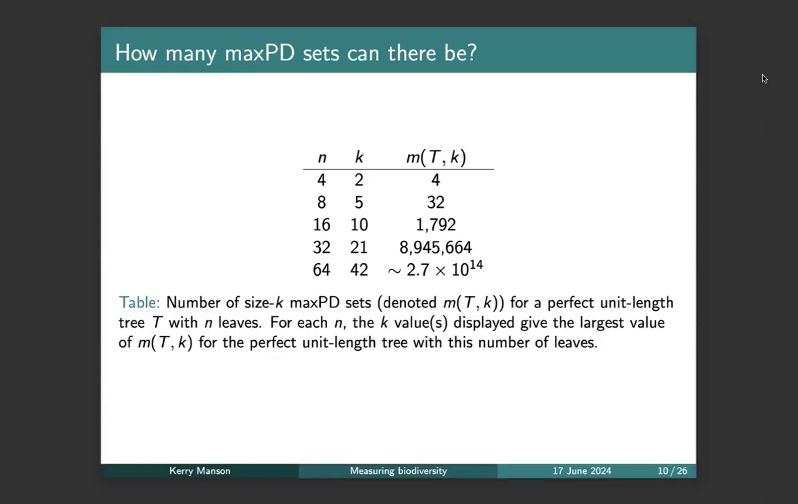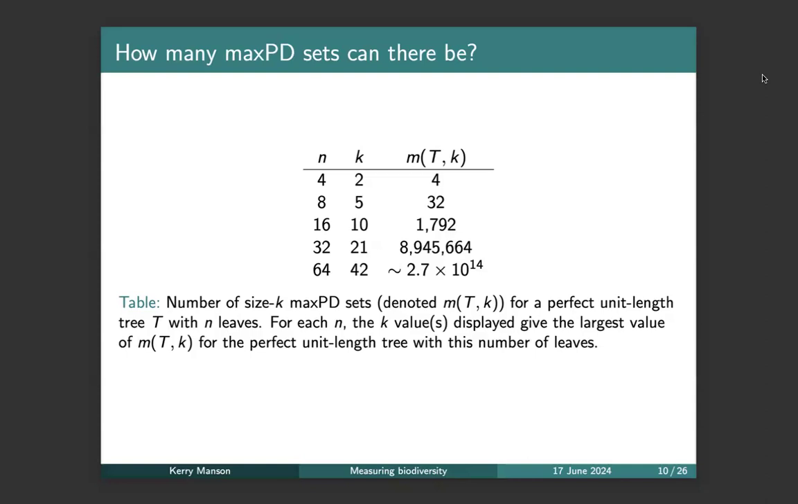And you can see, well, okay, if I've got 16 species and I want to choose 10, we have 1,800, and then it jumps up. If I have 32 species and I want to choose 21, we get 9 million, and then it gets into a very large number already. Yeah. And so these sorts of numbers are a bit daunting, because you can imagine going to someone